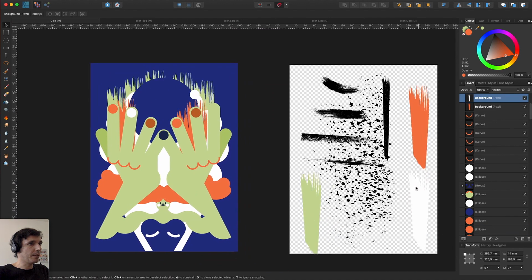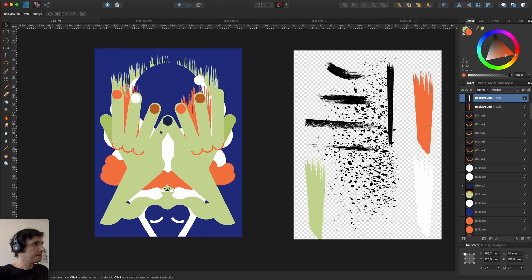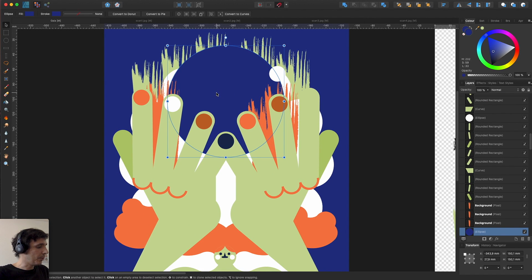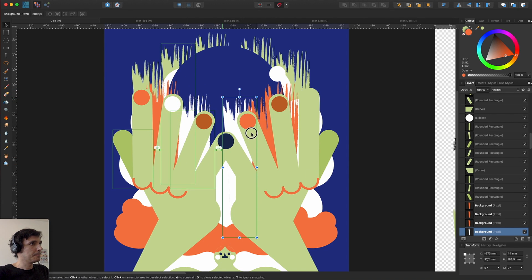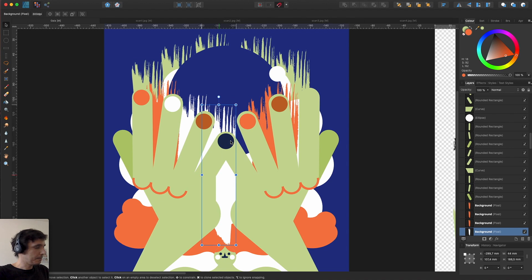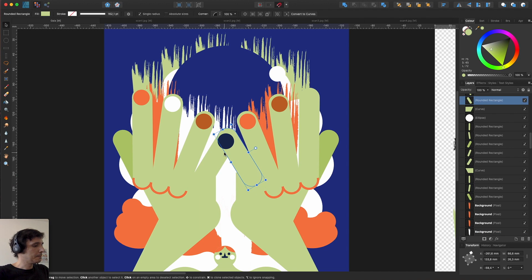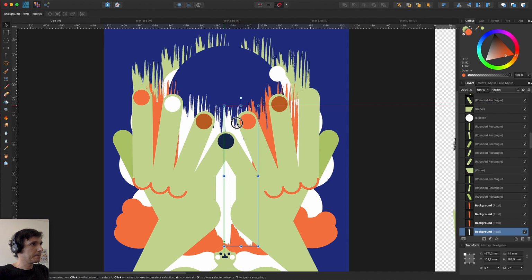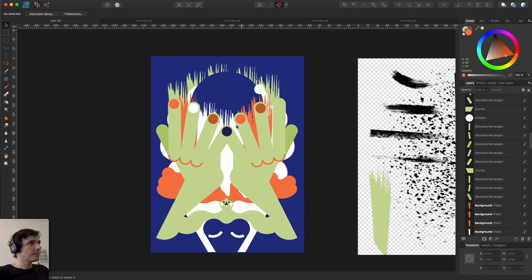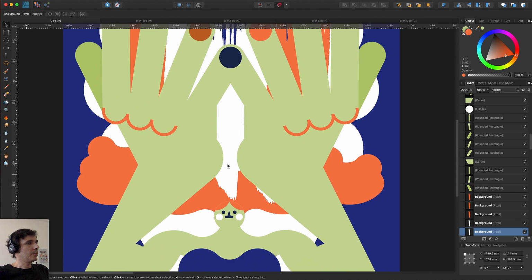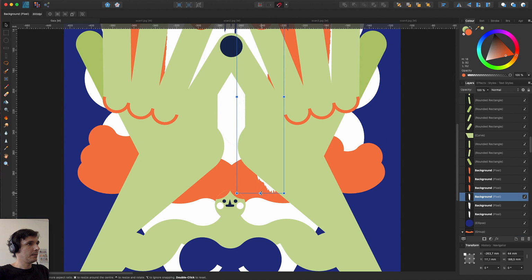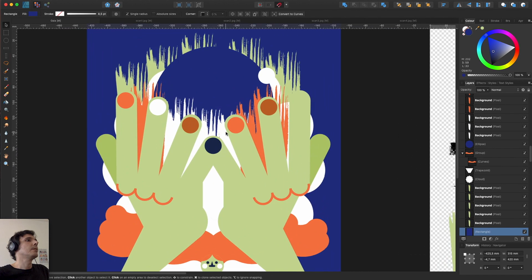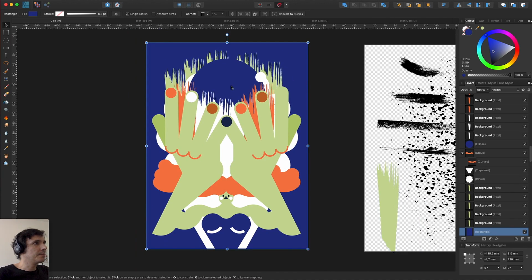Great. Let's do the same with the white one. So not on top of the sphere. You can adjust it here. So the first step is done.